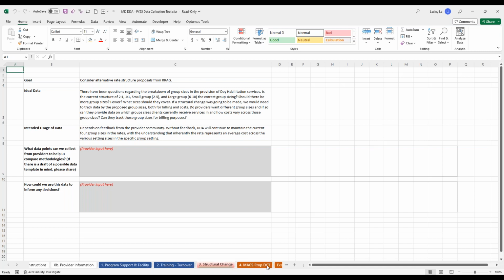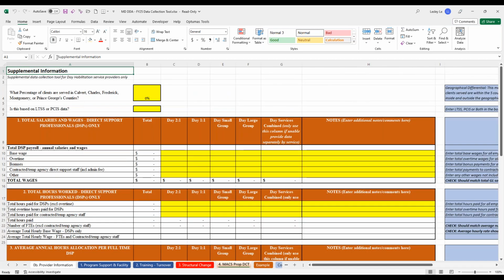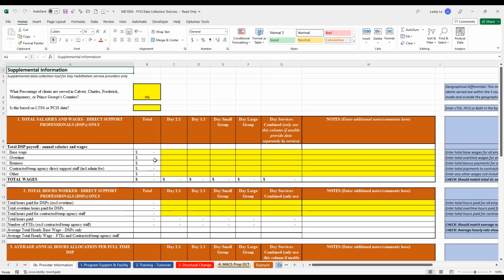The 4th tab is where we propose to look at information for program support and facility. Max had proposed an alternative data collection tool template, and so this is their template that they proposed. It's a little bit more detailed than what we're asking for in the 1st tab, and if you're able to fill this out, this would be helpful information for us as well.